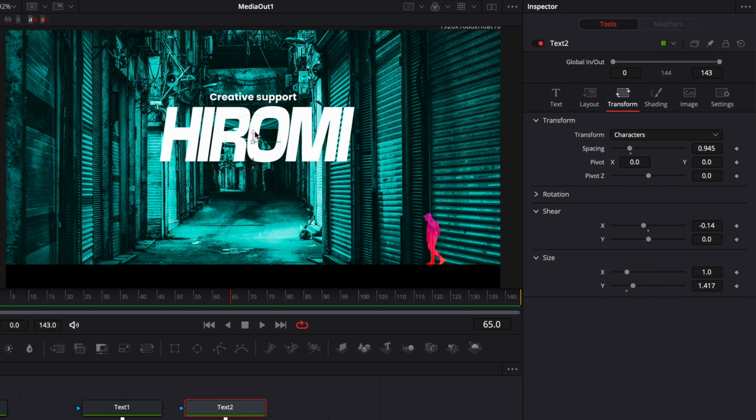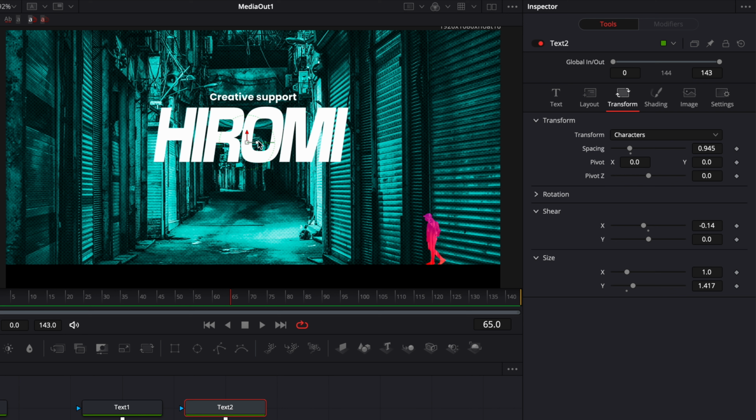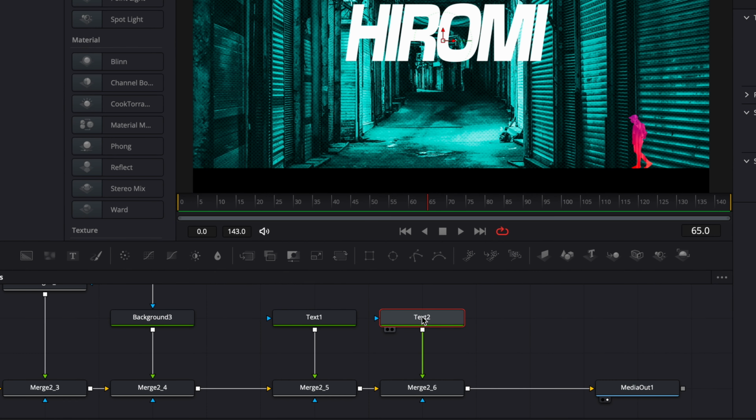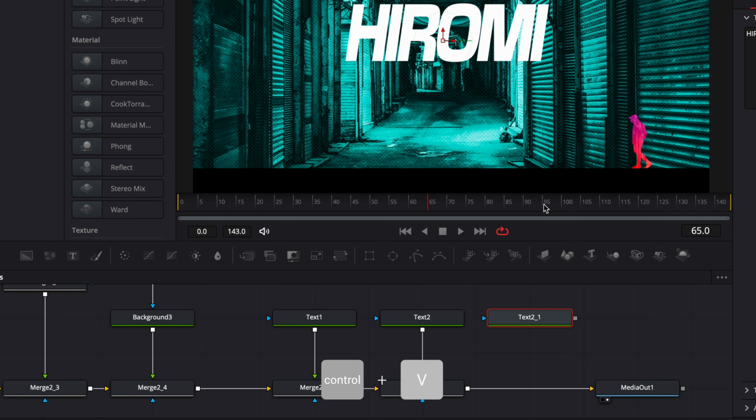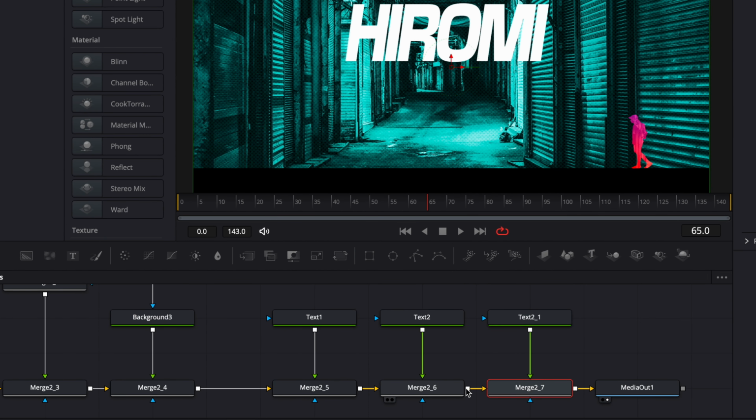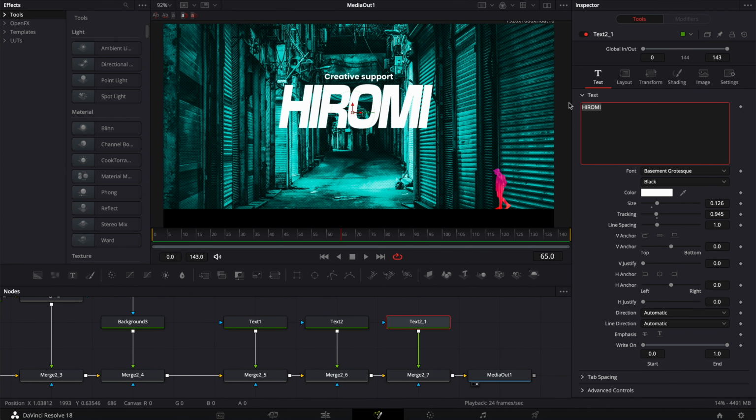I'm just trying to get close to the original look of the opening because I didn't find an exact similar font to what was displayed in the opening. So that's just the best I can do right now. I'm just gonna position that properly and then we can just select all text, copy it and then paste it to retain all the modifications that I've made to the shear and the size. And then we can just link it here to the merge. And then I'm gonna name it the second line.